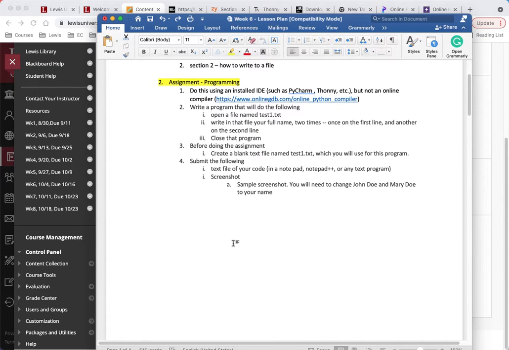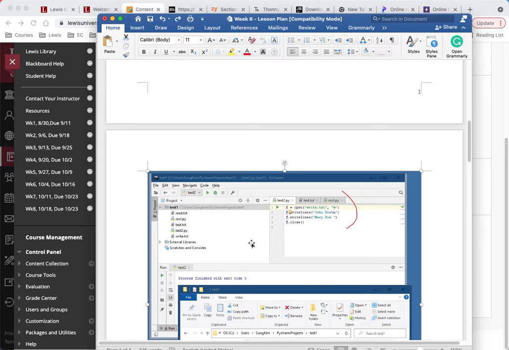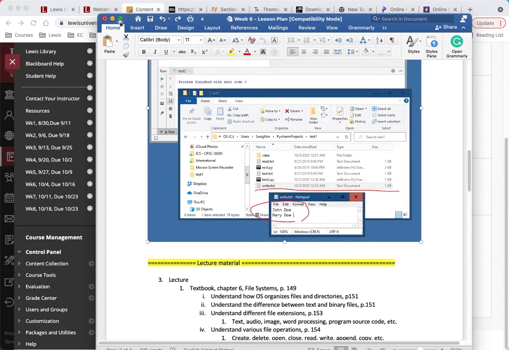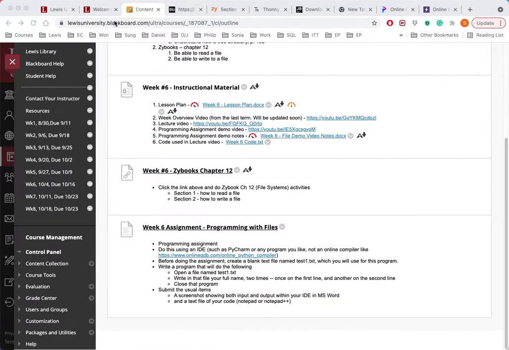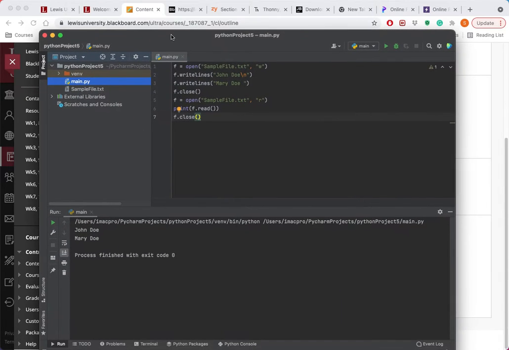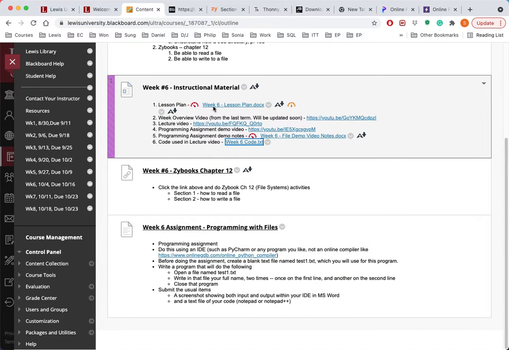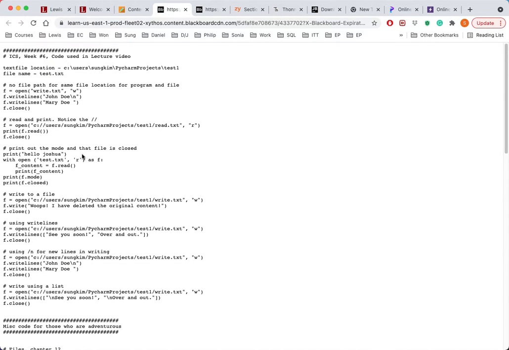Okay, so here is a sample screen of how it might look. This one happens to be PyCharm, and let me do a quick demo on that. So here is a PyCharm that I copied, and here I posted some code for you, the code used for this week. If you click on them, it just pops up a lot of little mini programs that you can copy and try out. But anyway,